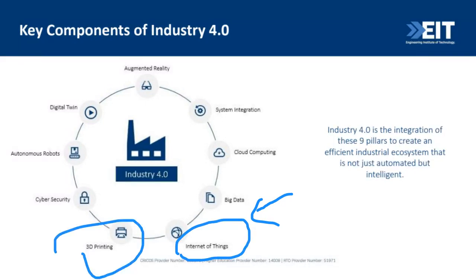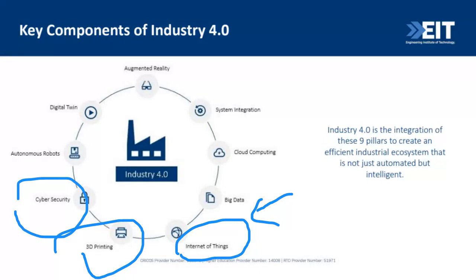3D printing is another excellent technology that helps with manufacturing devices. Let's say you want to make some changes to the device. Instead of having to do it in the hardware, you can make a 3D model of it, make some changes, and see how the product might look. So in an initial stage of design, you can do some 3D printing, and that might help make the whole production process a lot smoother.